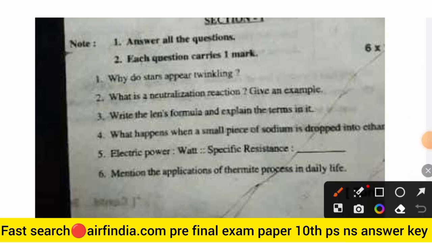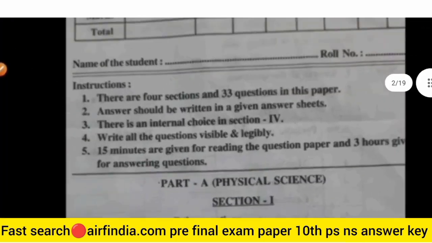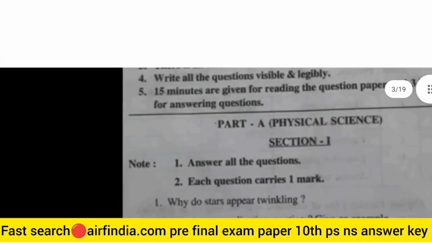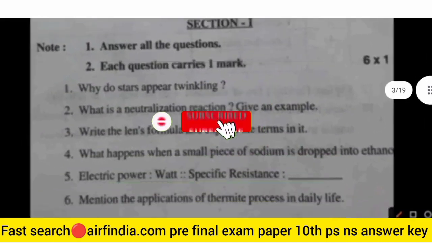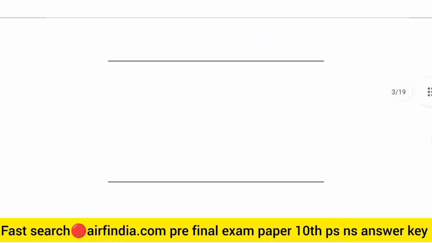Electric power, what is specific resistance? Mention the application of the thermite process in daily life. Okay, so this is your Part A physical science first section of the question paper. It is a high quality question paper, so read these questions. Next there is